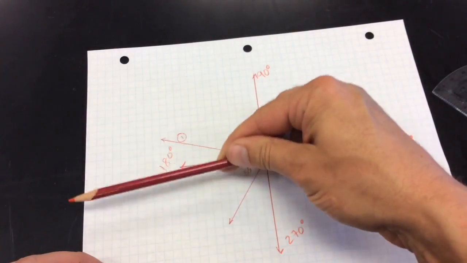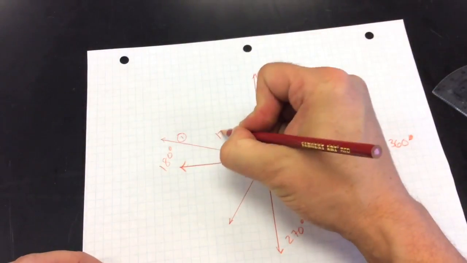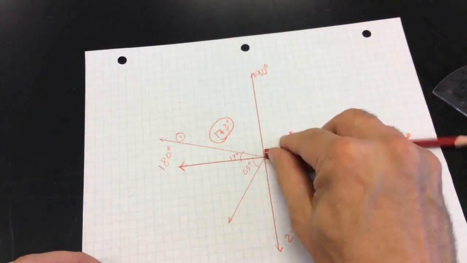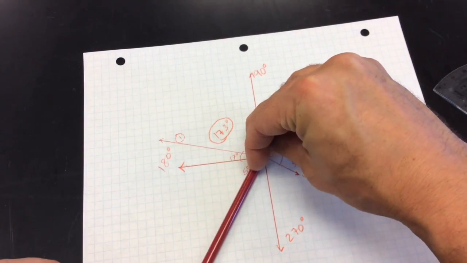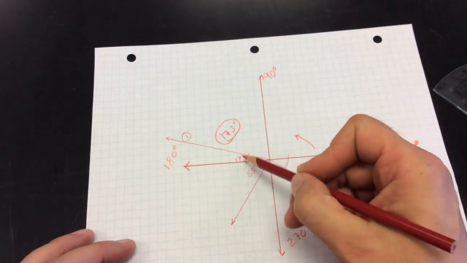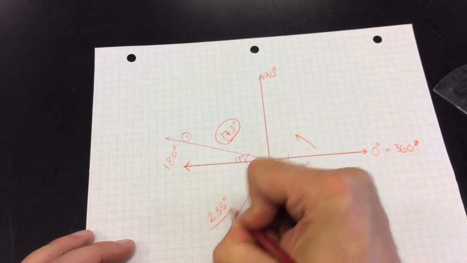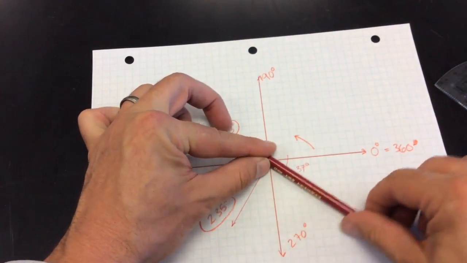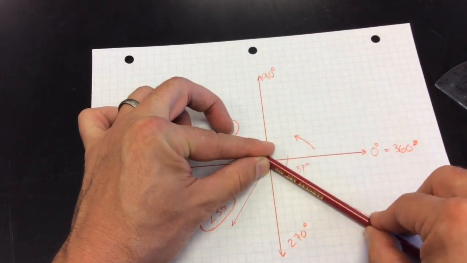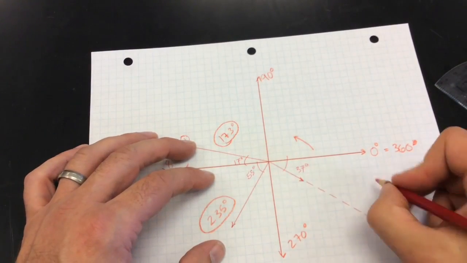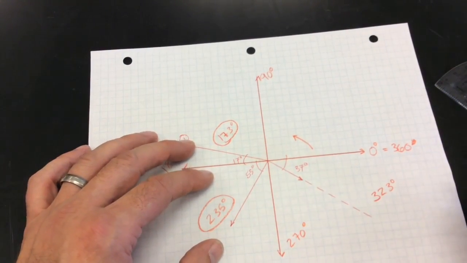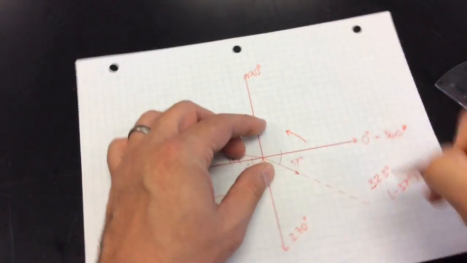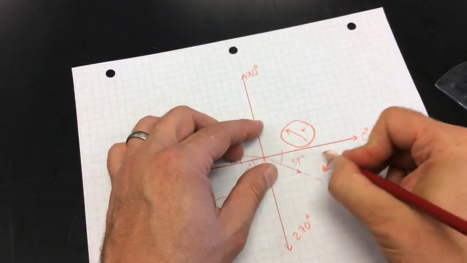Now let's translate that. Almost halfway around, almost 180 degrees, so it's 17 degrees short, actually 163 degrees. Next one, third quadrant, more than halfway around, so it's 180 plus 55 gives you 235 degrees. Now the last one, starting at that positive x, it's almost all the way around, almost 360 degrees, 37 degrees short of 360 gives you 323 degrees, or you can say negative 37, because moving clockwise would be a negative